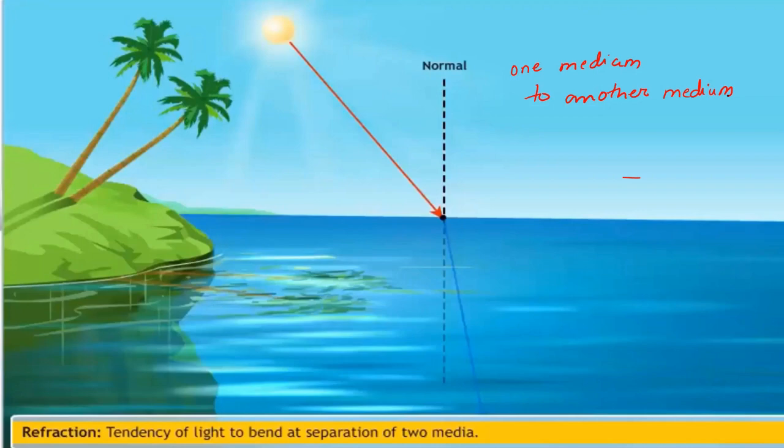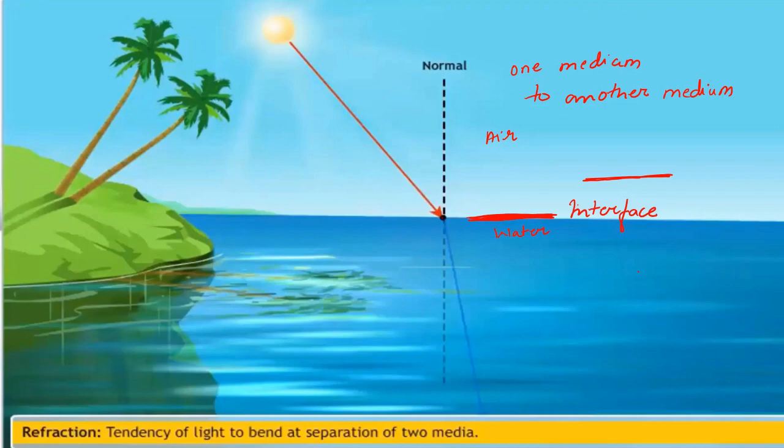So just to give an idea, light basically bends. For example, if you see this entire picture, here it is water. This is your water medium, and this is your air medium. Now this line, which is touching the water and the air medium, is called the interface of the media. Now when a ray of light coming from the sun touches this interface,